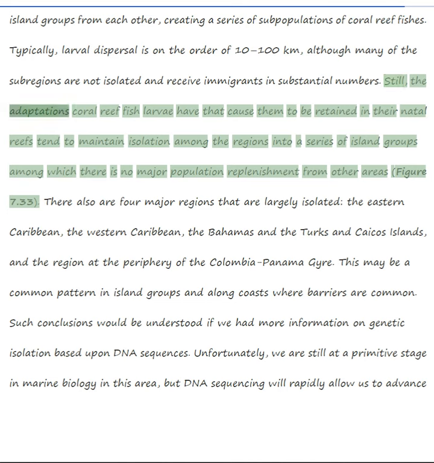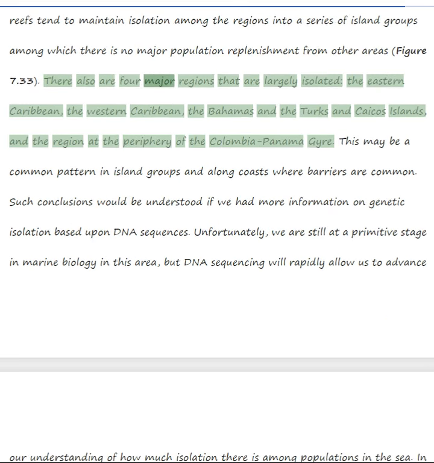Still, the adaptations coral reef fish larvae have that cause them to be retained in their natal reefs tend to maintain isolation among the regions into a series of island groups among which there is no major population replenishment from other areas. There also are 4 major regions that are largely isolated: the Eastern Caribbean, the Western Caribbean,